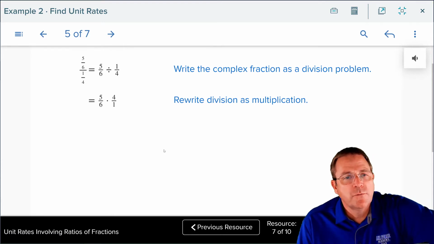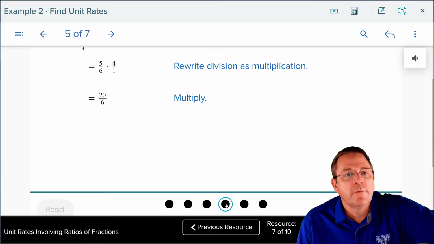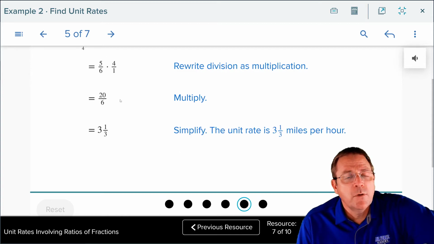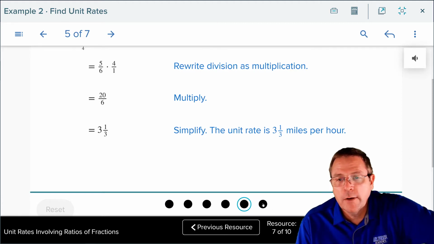After we keep, change, flip, I would encourage you to simplify and then multiply. Here they did not simplify. They said 5 times 4 is 20 and 6 times 1 is 6, and now they've got something they still have to simplify. To simplify that, you could divide by 2 over 2, which would give you 10/3. And then you would have to, of course, change it back into a mixed number for your final answer, which